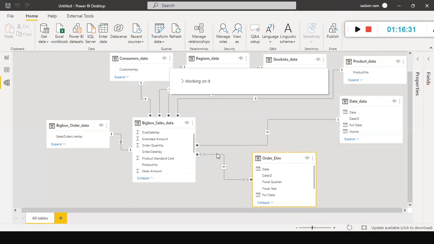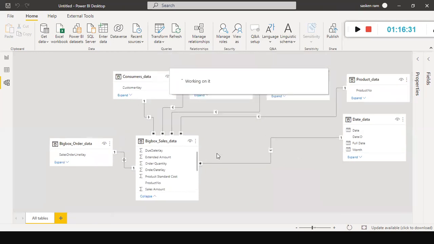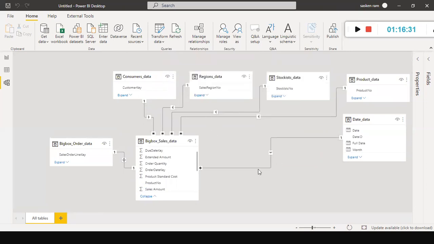With the existing relationship itself, we cannot filter two different things. If you could filter everything with the existing relationship, using different columns, then why would you need a data model? Why would you need a relationship? That's the reason why.